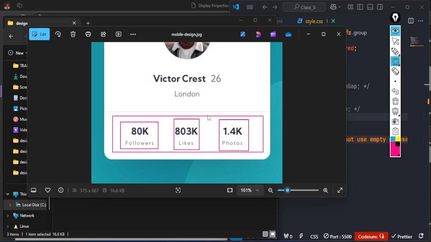So once you display this as flex, it will place them side by side. But if you look at it, there is a space in between. That's your gap. That's how you'll be putting all these properties together to have the UI that you want to work on. Again, here, you can actually group these two together,